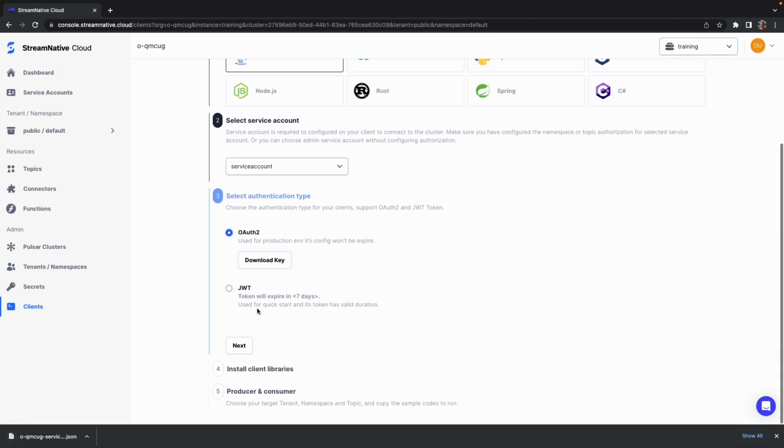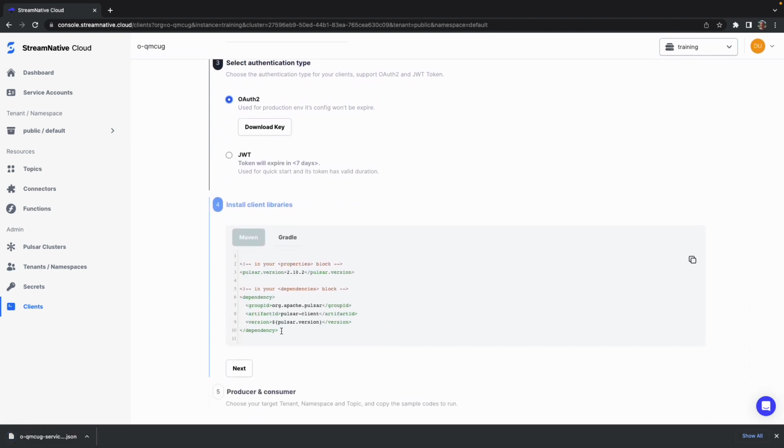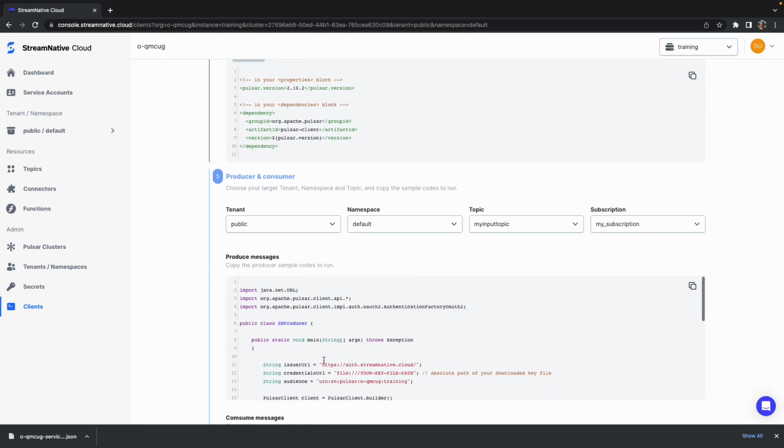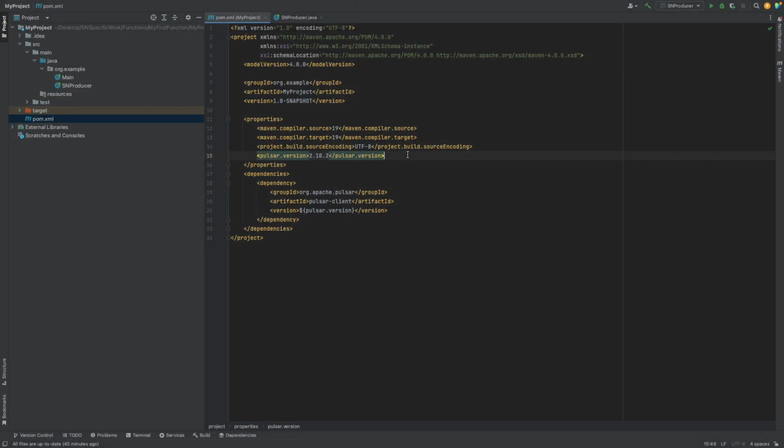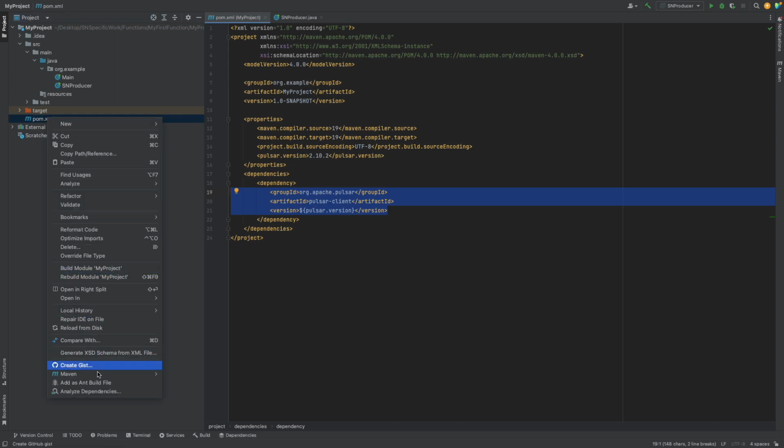the key. We'll also need these Maven properties and dependencies, and then clicking Next, we can get our first sample code for a producer. Moving to IntelliJ, I've already configured the properties and dependencies to use those provided by the UI. I've reloaded my project,